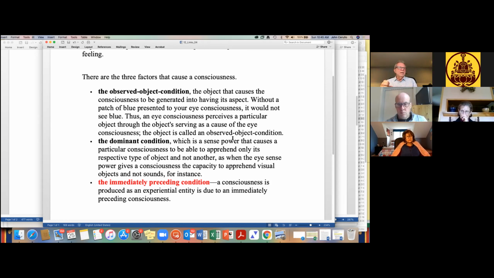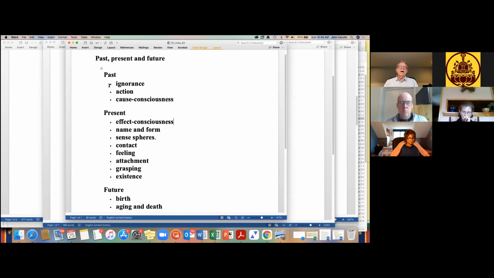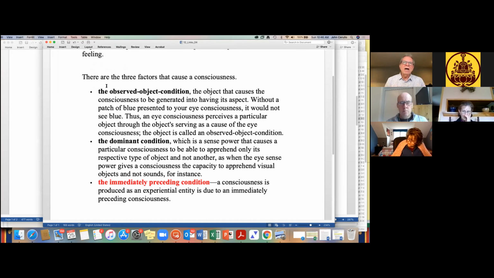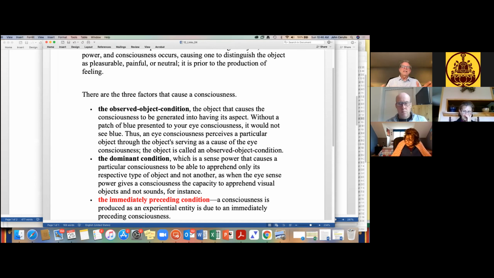So that's really important, because when we start talking about how to work with attachment and grasping, which come later in the flow of the links here, which are all part of our picture of present experience that's available to us, you'll see how you can work with that in meditation practice and affect change. It's kind of a big reveal in what the links can do, understanding the links and how they operate. So this might be a little hard to get, but it's important to understand and to start to think about. I'll be sending these out to all of you so you can read through these little nuggets,